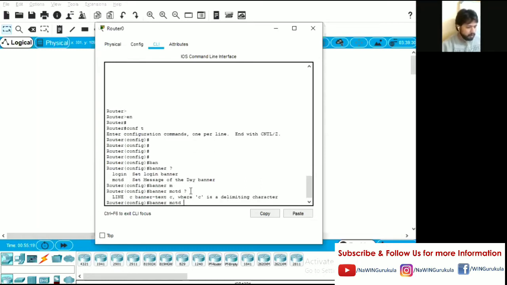If you type the question mark, it asks for a C banner text here, where C is a delimiting character. It can be any character; it is not necessary to put C itself. Just to give you that confidence, right now I am using a different character, and I'll hit enter.